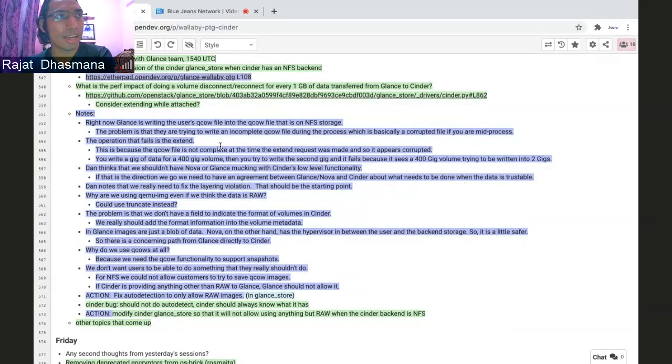Yeah, I had this idea of creating a volume of the exact size of the image to avoid all the extend code, but I think that would require reading the image twice or something like that. And we discussed it, and I think Dan didn't like that approach.